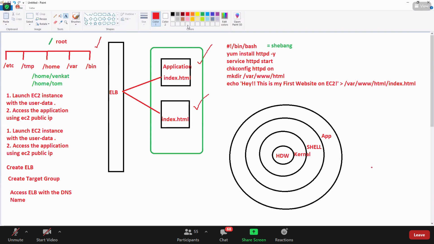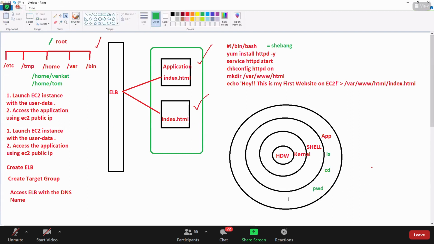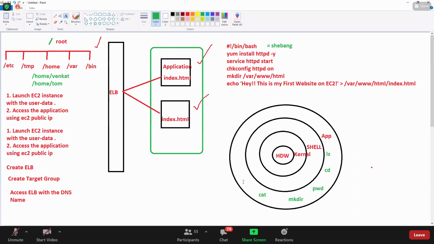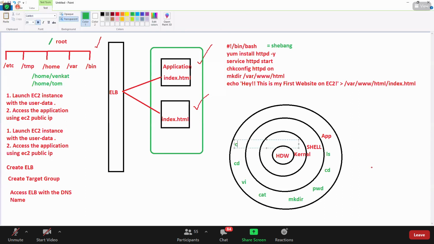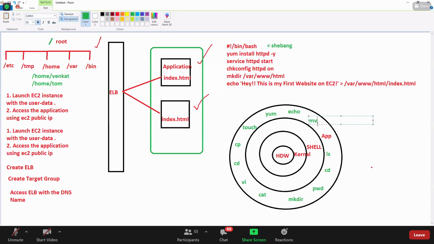So can you tell me a few commands that we use in Linux? ls, cd, pwd, mkdir, cat, vi, cp, touch, yum, echo, mv, sudo, rm.